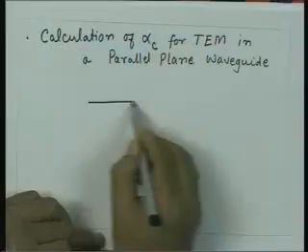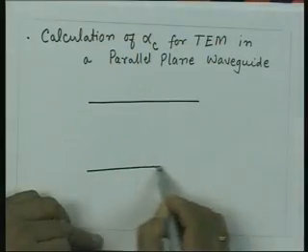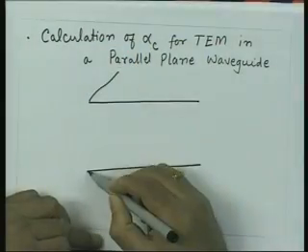We have seen the calculation of these losses from the knowledge of resistance and the conductance in the transmission line. However, one may ask the question, how do we know this resistance and conductance in the transmission line? So, essentially starting from the fields, we can calculate how the losses are going to take place in these conducting surfaces. Now, let us consider a parallel plane waveguide, which is like that,